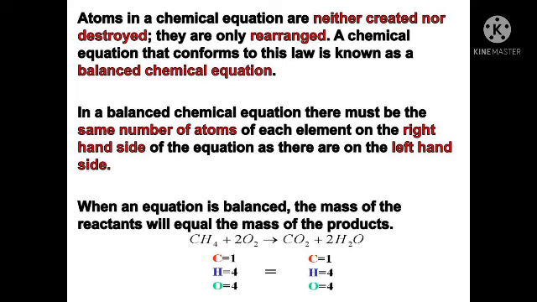of water molecule. Here, balancing the equation: carbon, left side carbon 1, right side also carbon 1. Left side hydrogen having 4 atoms, then right side hydrogen having 2 twos are 4. Finally oxygen, 4 atoms on the left side and the right side also 4 atoms. These are all the same on the left side terms and right side terms. That is why that is the balanced equation.